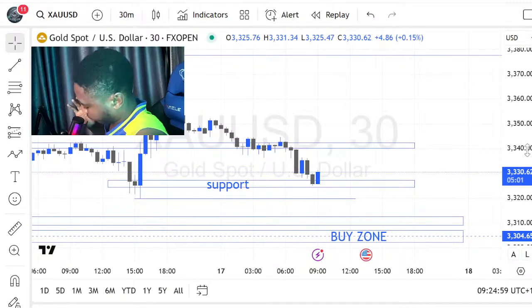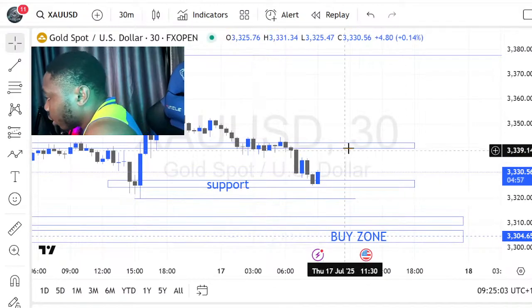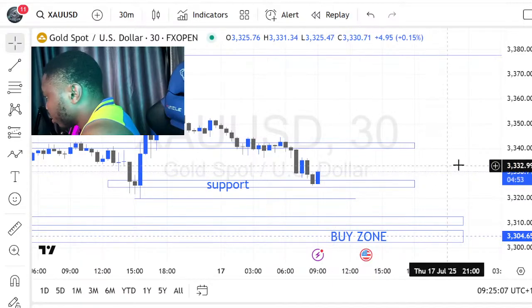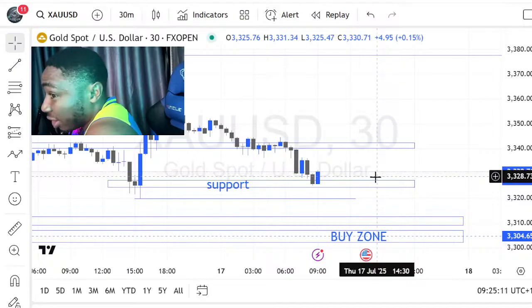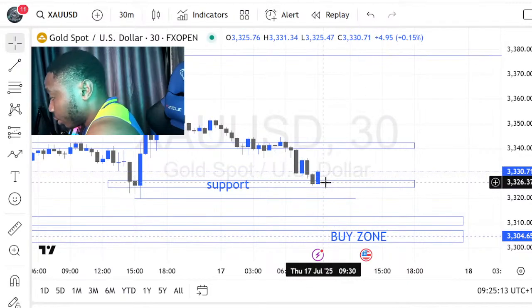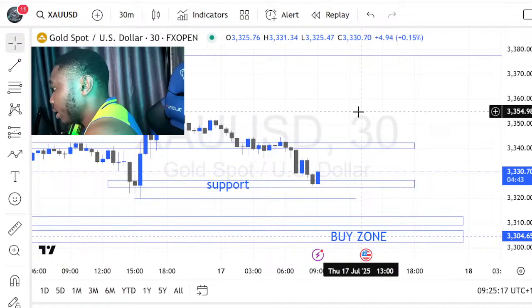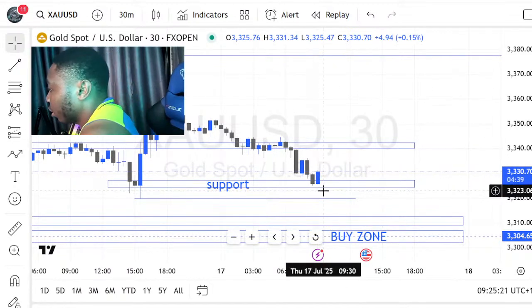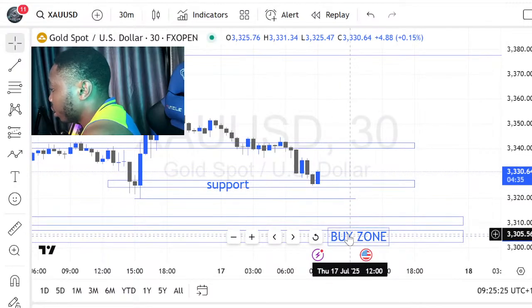Not to confuse anybody. So this is what I'm waiting for. This is 30 minutes candle. It's gonna close in 5 minutes or so. So if we have that closing above the supports, we should expect the bullish move. Okay. But if you have this candlestick coming back to close below here, then I'll wait for my buy zone. That's just as easy as that.